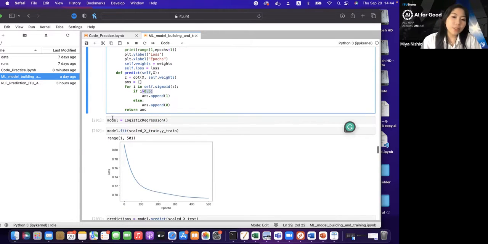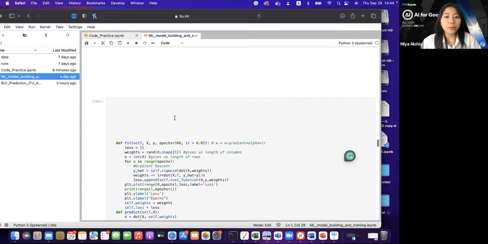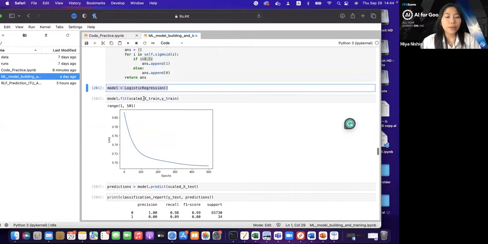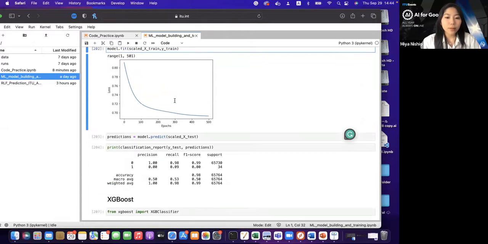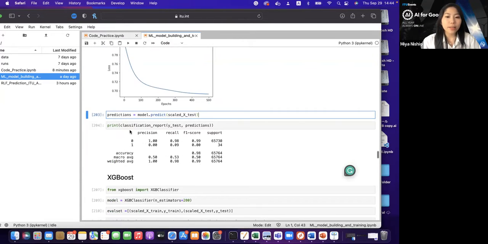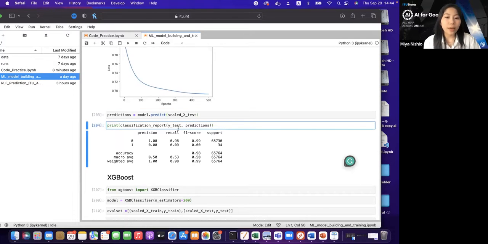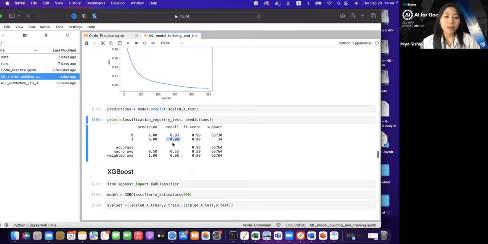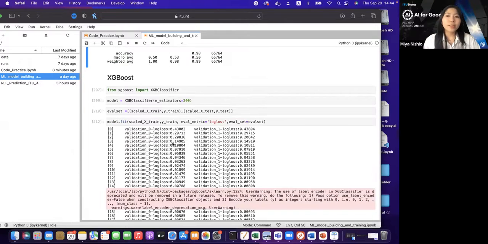And then ideally, you would just call it like we did earlier with here. You would fit your training data, predict it, and then get your classification report to see how well it did. So arguably, it did very, very slightly better than the original. So ideally, this is it for the model building section, but there are obviously different algorithms that you can use.